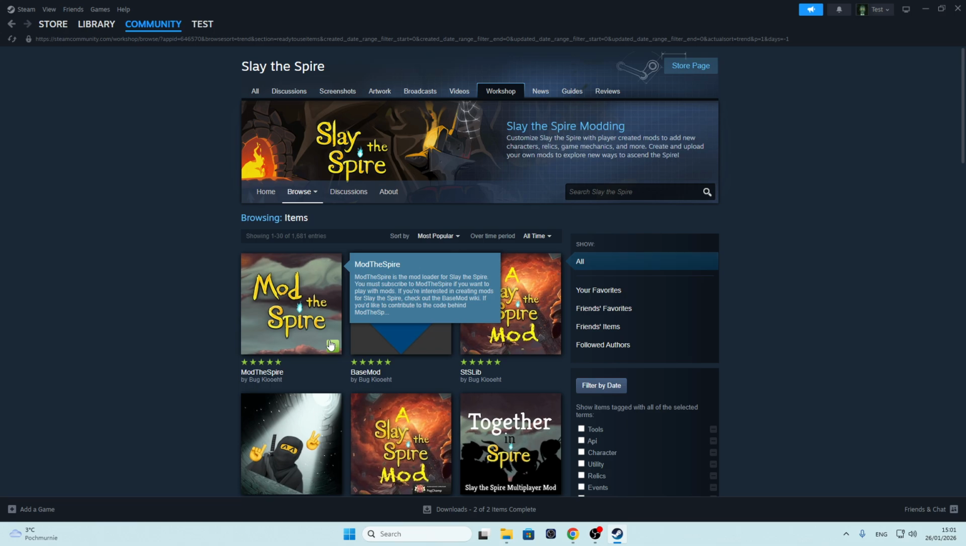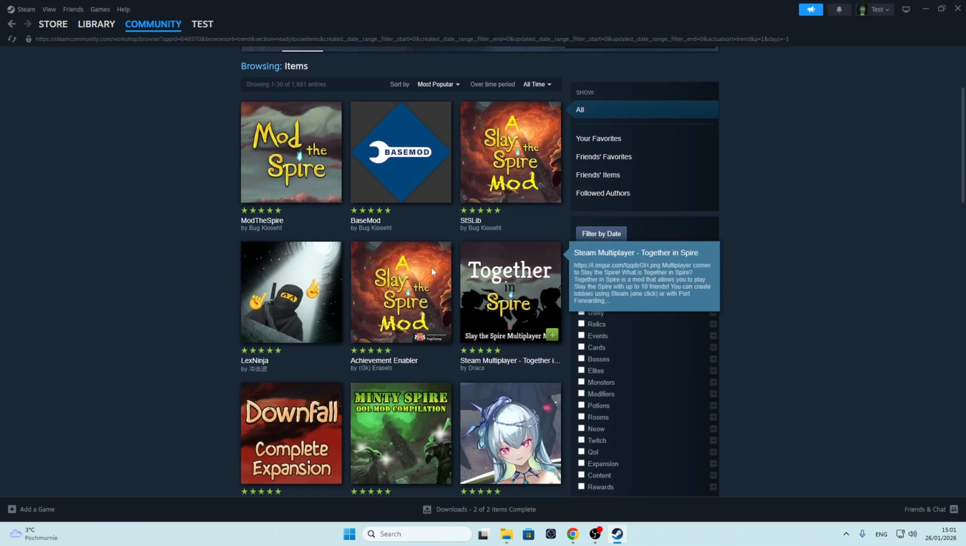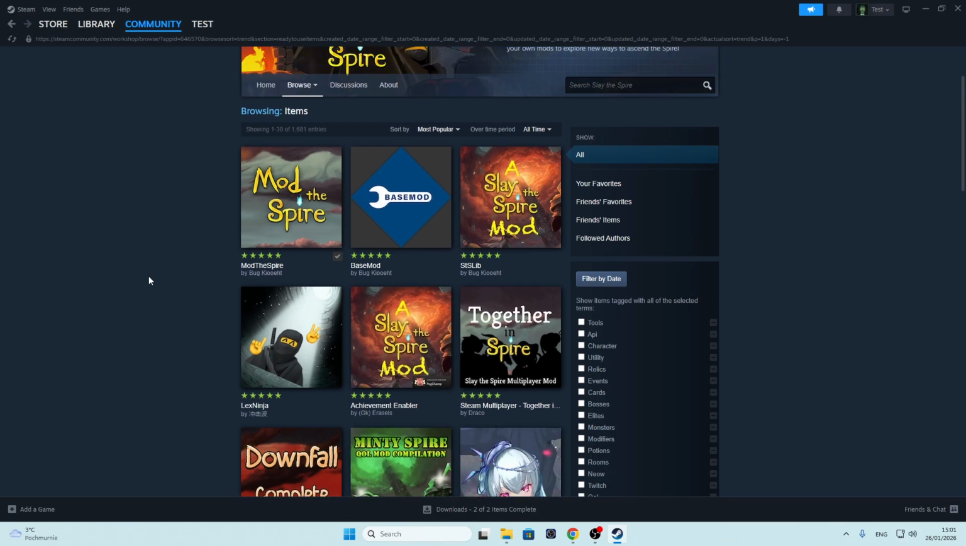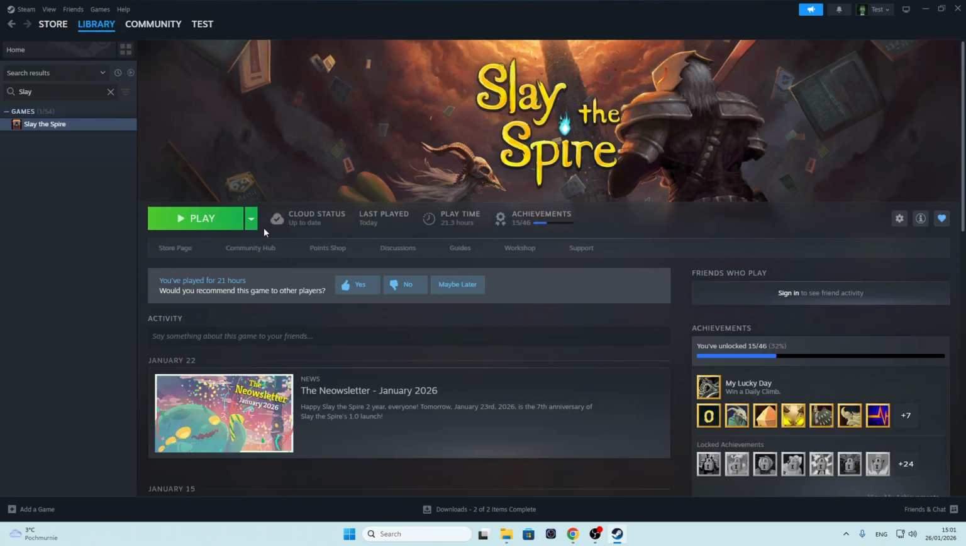ModTheSpire. This adds the mod loader for Slay the Spire. So simply add this, wait for the download, then